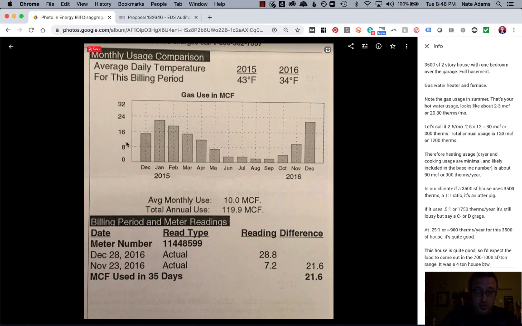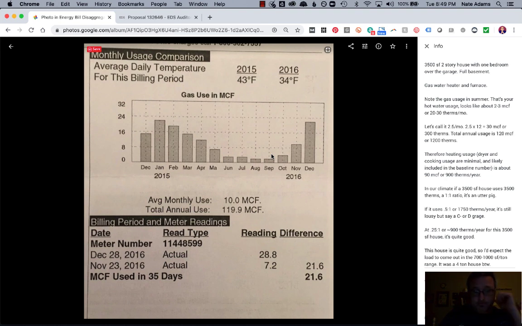This is a little bit tricky to read because the chart gets high enough here. But let's call this somewhere between 2 and 3 MCF, and an MCF is 10 therms, give or take. So we're looking at 20 to 30 therms per month, and that is your water heating. That's also going to contain cooking and a gas dryer. So this gives you an idea of what you're looking at